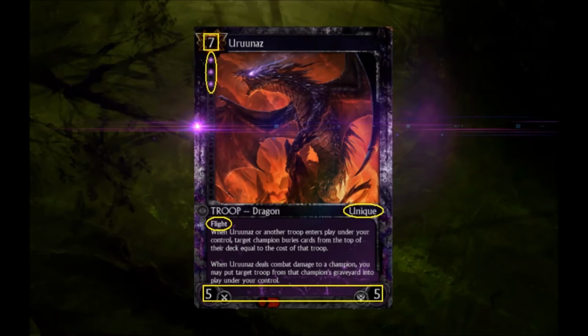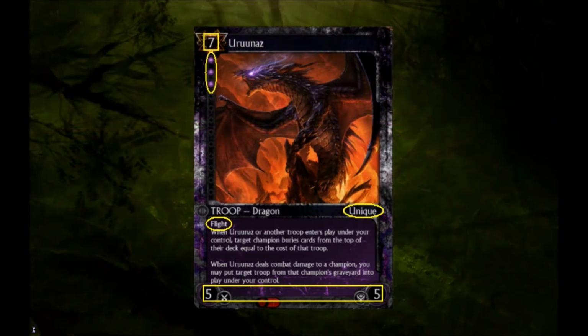Uruunaz is a unique PvP troop card with a 7 cost, 3 blood threshold, 5 attack, 5 defense, and the flight keyword. And the art. I've said it before and I'll say it again. Dragons always get the best art. In fact, Mr. Desktop Background here has at one point or another been center stage on nearly every Hex fan